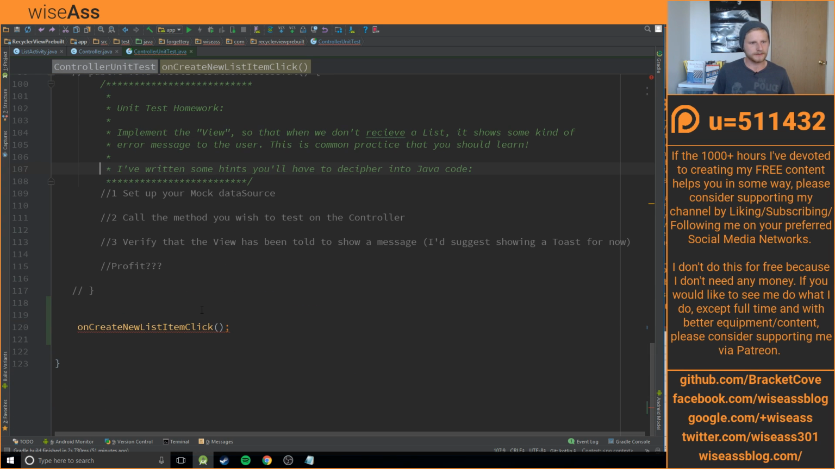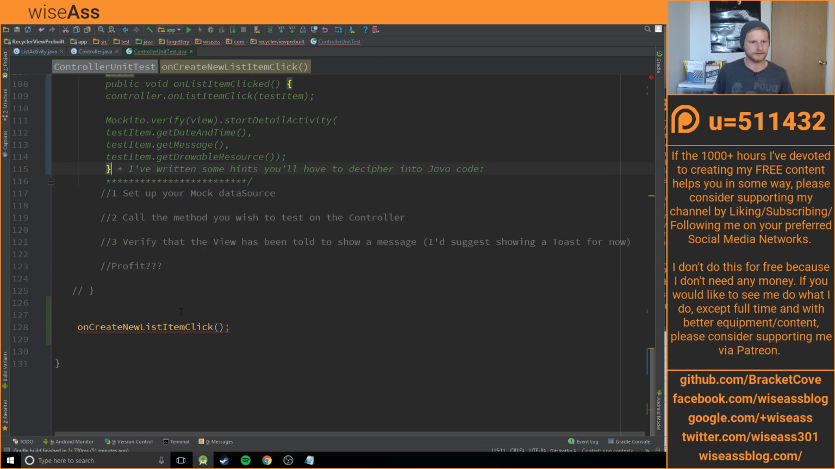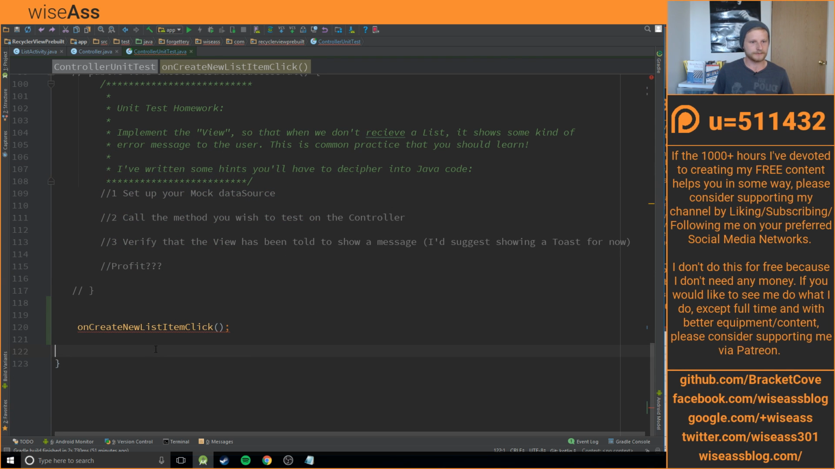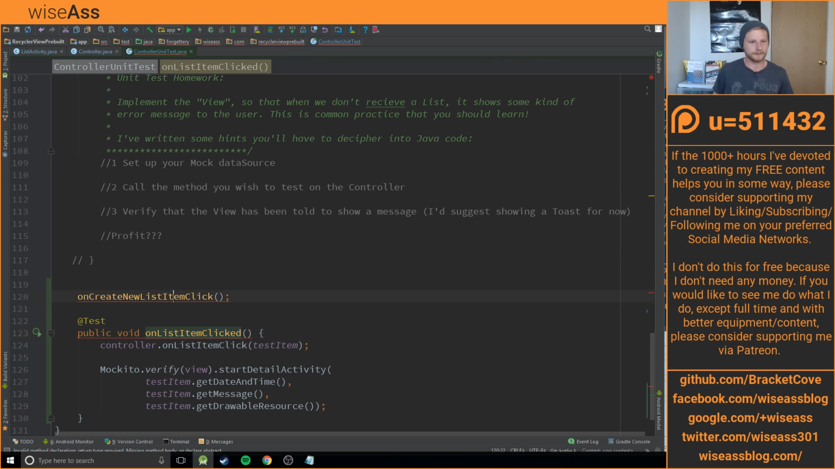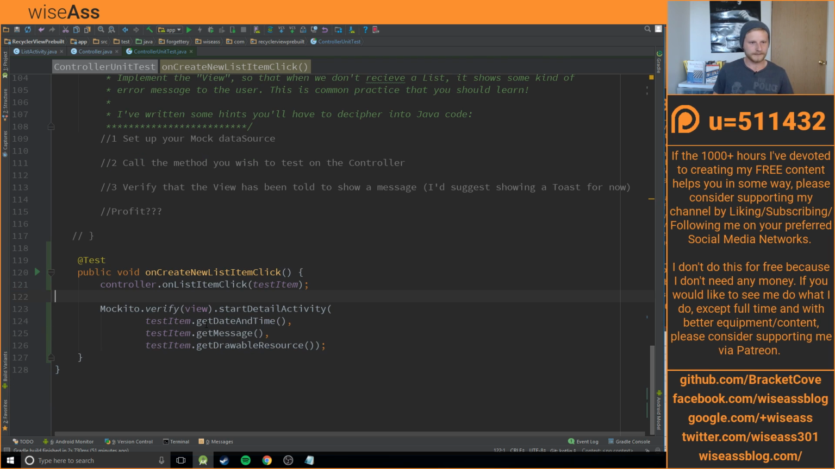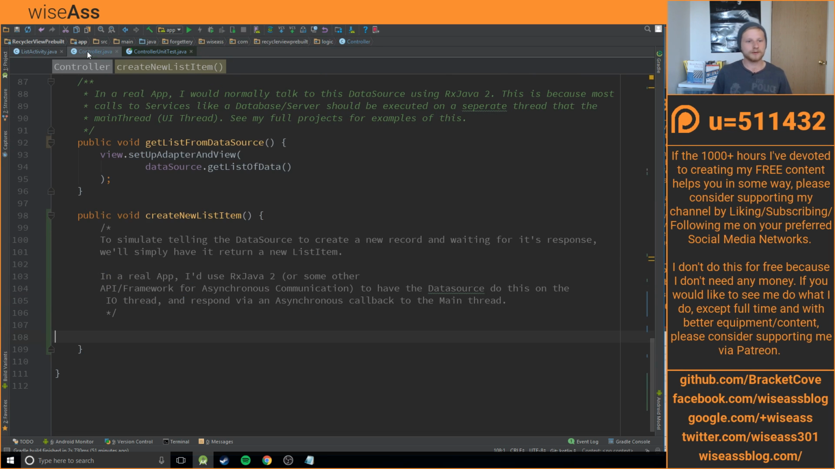And this is going to be on create new list item click. Oops, that was a fail. So we're going to call this on create new list item click. And of course we're using Mockito. So let's think of what we're doing. The first thing is, of course, which unit are we testing? We're going to be testing this create new list item